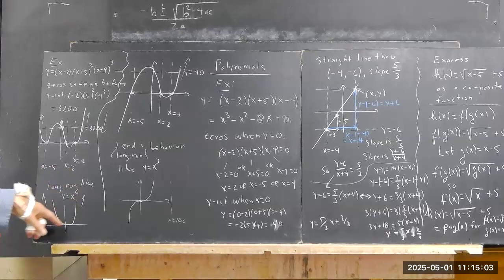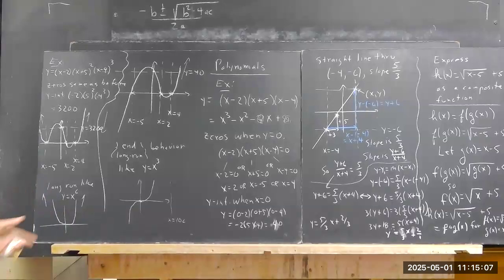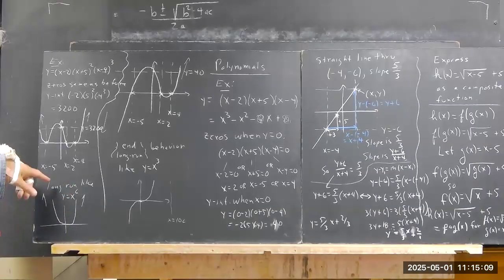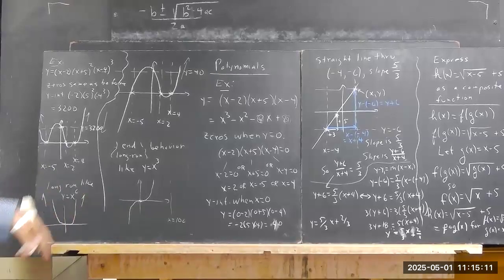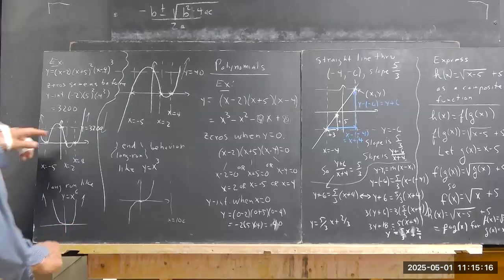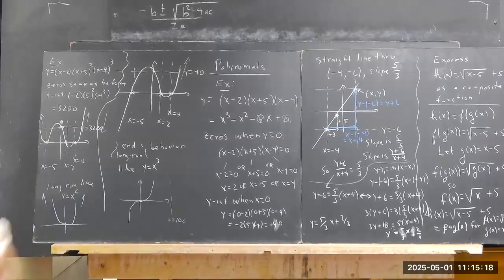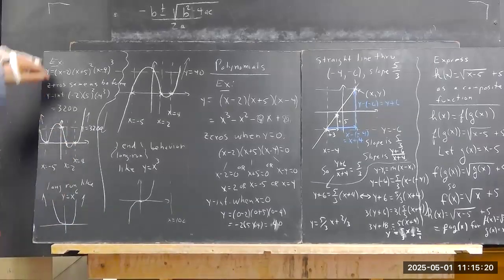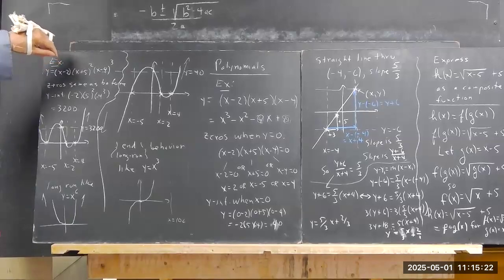So the graph is going to look like y equals x to the 6, which looks a lot like y equals x squared, being an even power, but it's much flatter toward the middle. And then it's going to have wiggles in here, and these are the wiggles. Now, why do the wiggles look like this? Because when x equals 2,